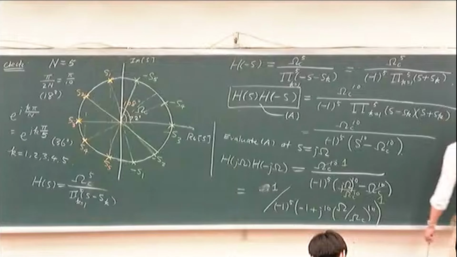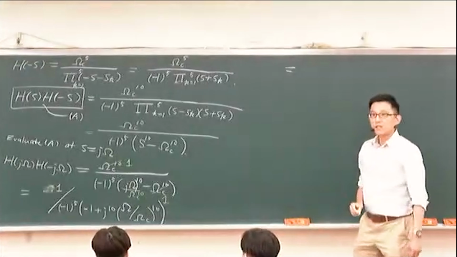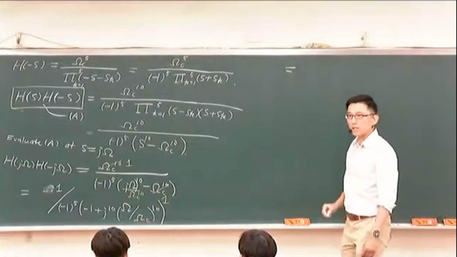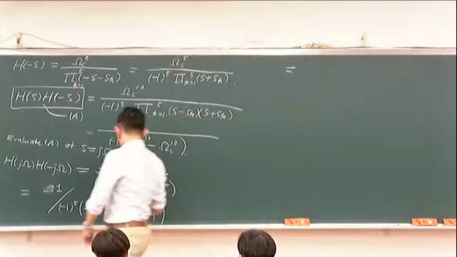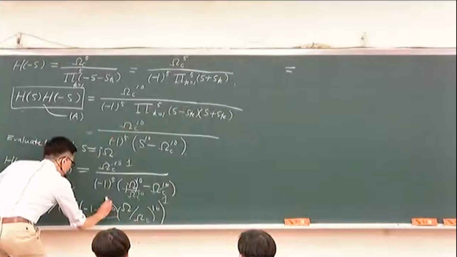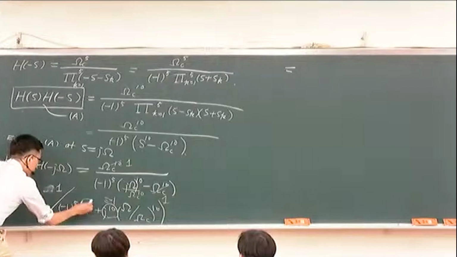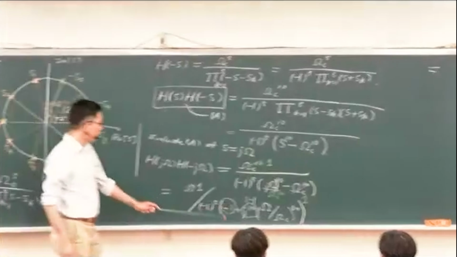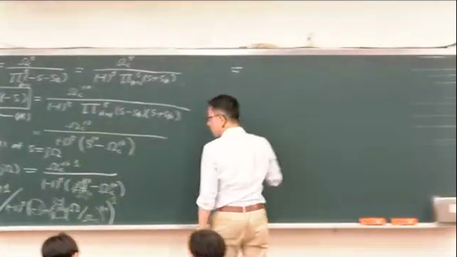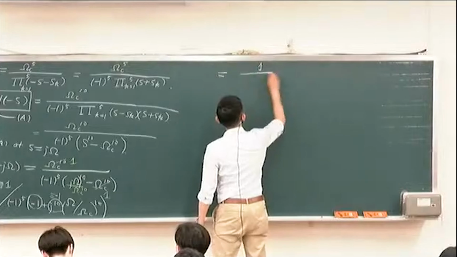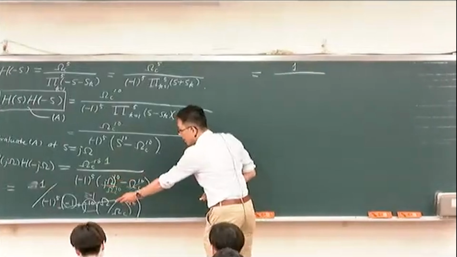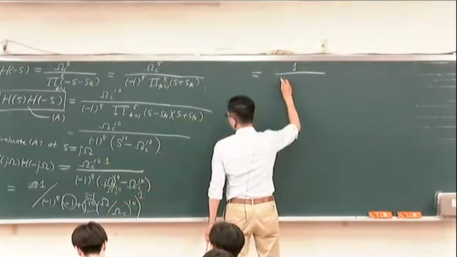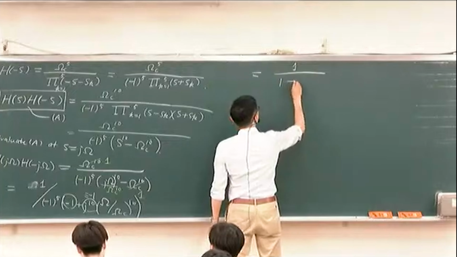What is j to the 10th power? j squared is minus 1, so j to the 10th power is minus 1. This is minus 1, and outside we have minus 1. So minus 1 times minus 1, and then we end up with a very nice expression with 1 on top. At the bottom, we have minus 1, so it becomes positive. We have now 1 plus